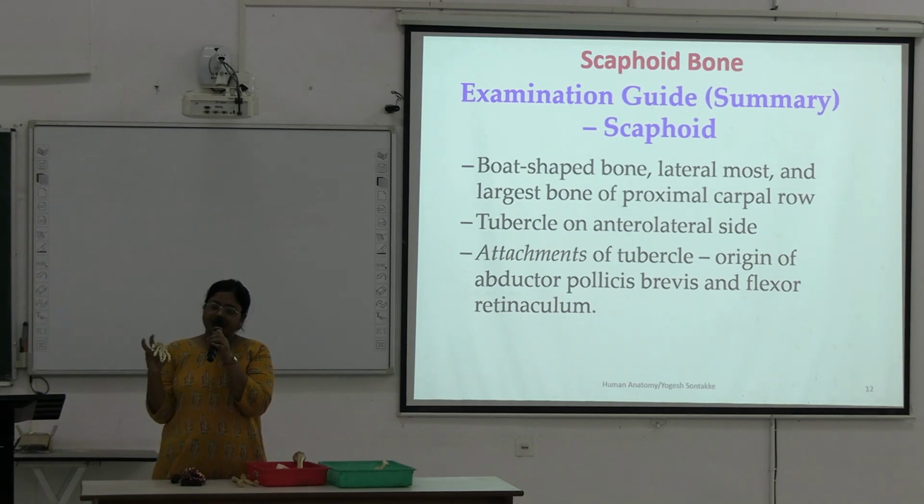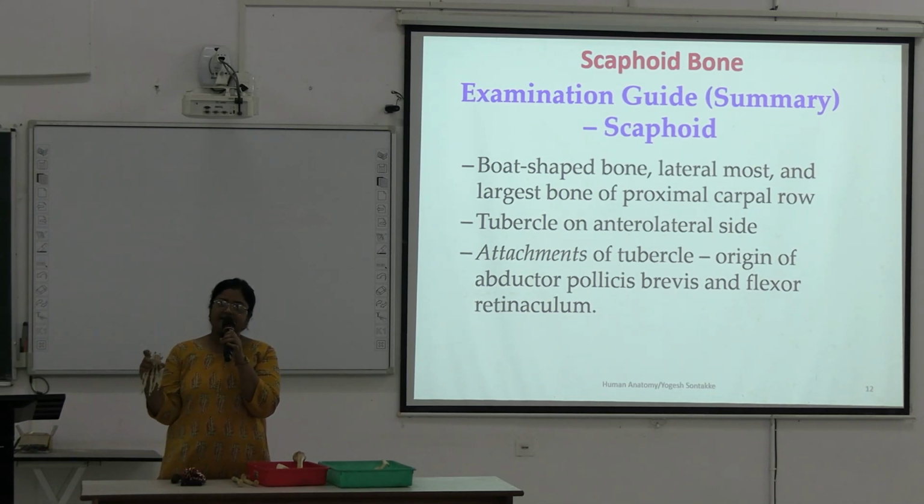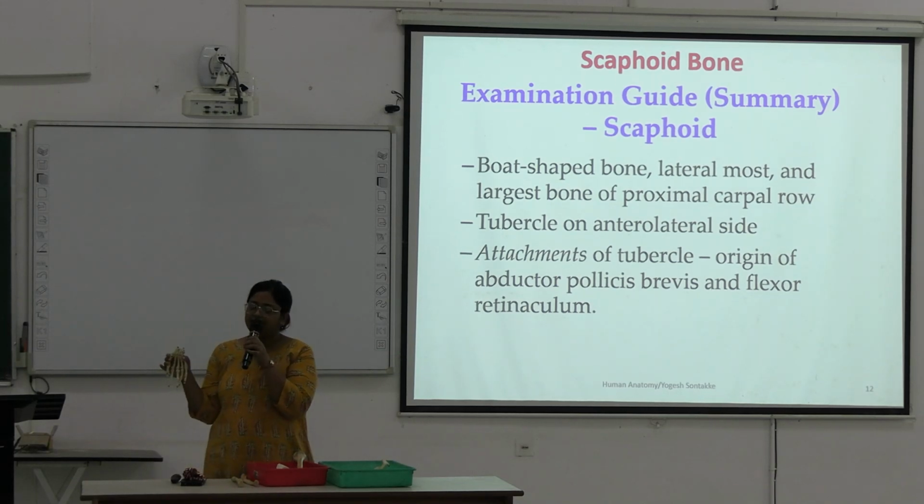This thumb or first metacarpal will be lateral. Okay, concavity of the hand is placed anteriorly. So medial and lateral are determined by the thumb, which has 2 phalanges. So the thumb will be placed laterally, concavity will be directed anteriorly. So anterior and posterior are determined, and for superior and inferior, the carpal bones will be above and the phalanges will be below. So superior and inferior are determined by the location of the carpal bones. Okay, so this will be the anatomical position of the skeleton of the hand.